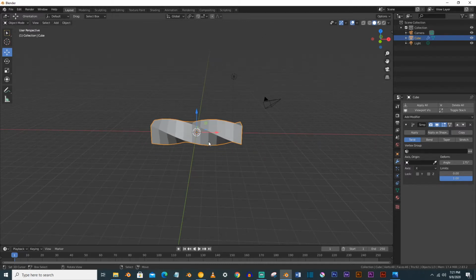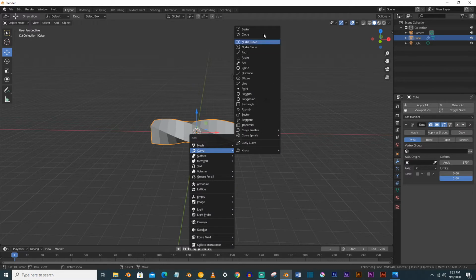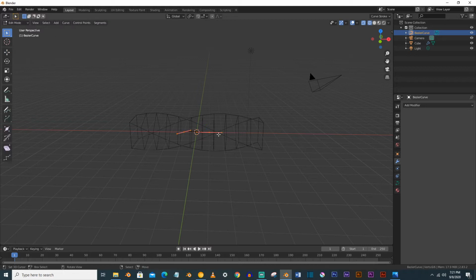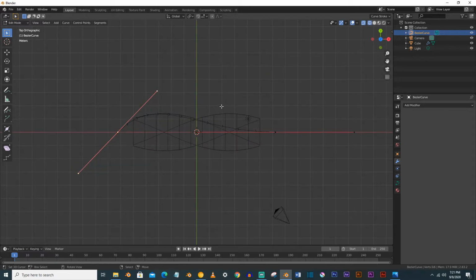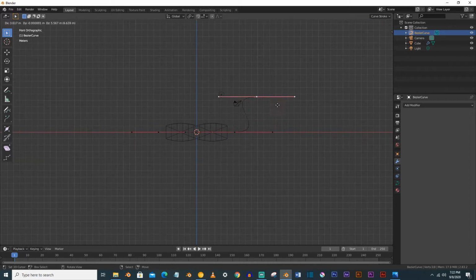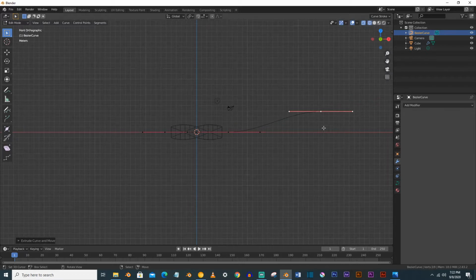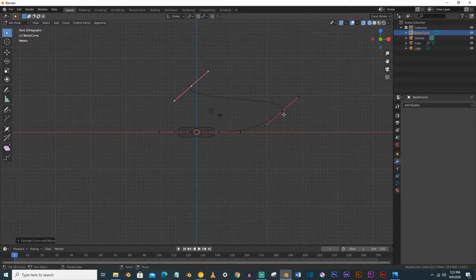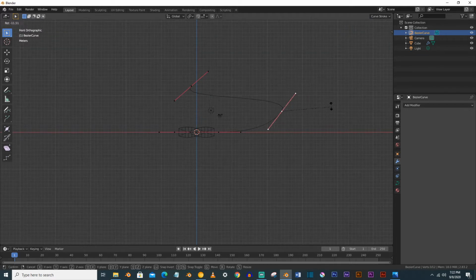And now you have to make a Bezier curve here. Go to the wireframe mode and go to the edit mode, press S to scale it up, and 7, just make a little bit of rotation here like this, and now E to extrude to make a path, and E to extrude it again. Any path you like you can make it here.